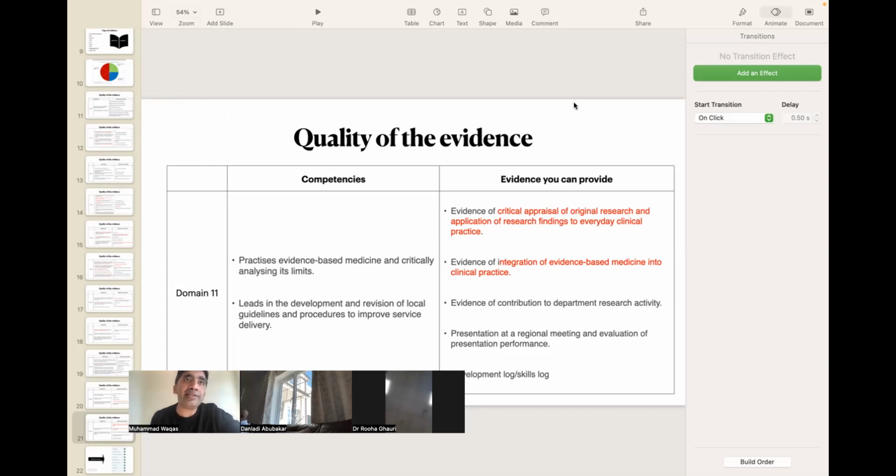If anyone has maintained a record of the meetings, it doesn't matter if it is manual on paper and not on computer, you can use that as evidence as well. If you have done any publications or posters or any teaching back home, you can use that as evidence. Whatever is in written form, you can use, if it's not more than 5 years from the date of your submission.